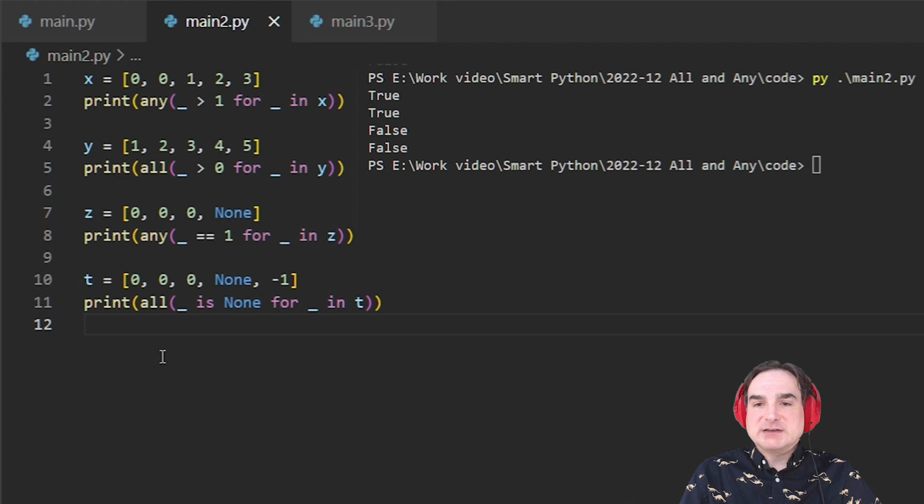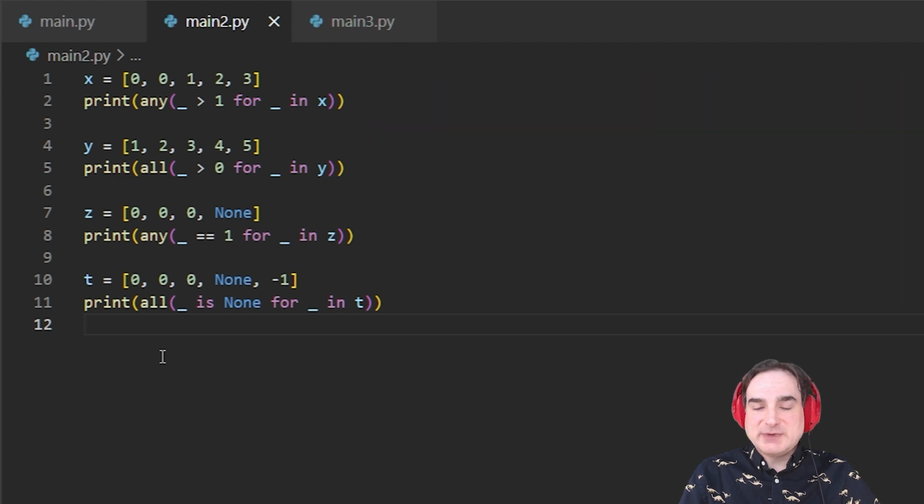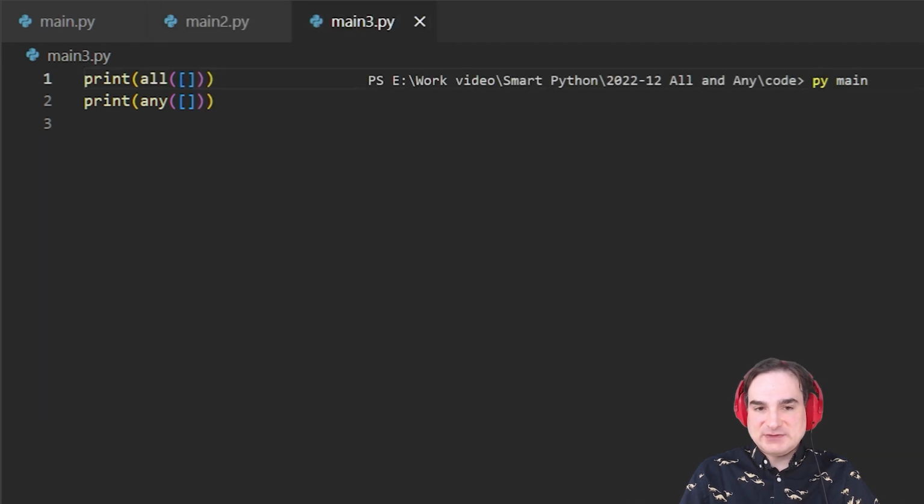Now, using a generator like this does add a bit of overhead, because we have to perform an additional test on each element. But the overhead is not significant for most use cases. All and any are internal to the interpreter. They run in C, so they're highly efficient. And one other important behavior to note is how all and any deal with empty collections.